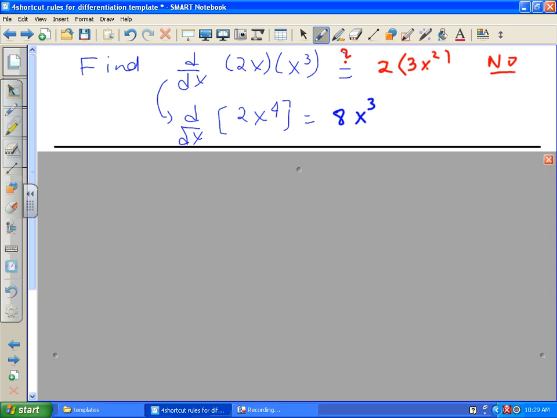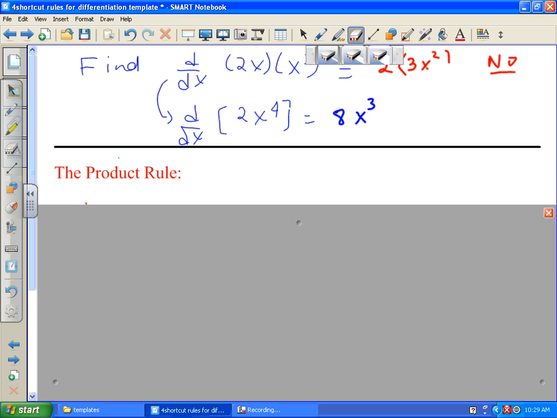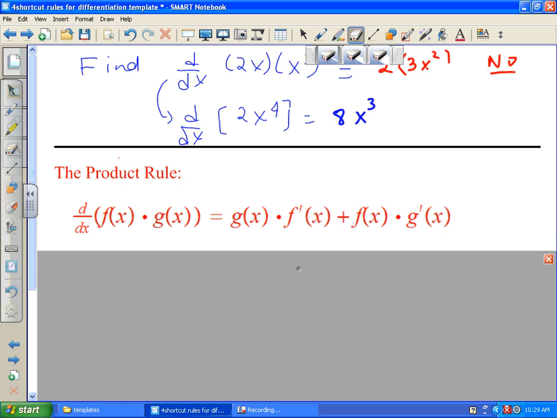very, very simple rule. But there is something else, which is still not too bad, and let me show you what that other rule is. There is something that looks like this. It's a little bit more complicated than just f prime times g prime. Instead, it looks like this. If you have the product of f times g,